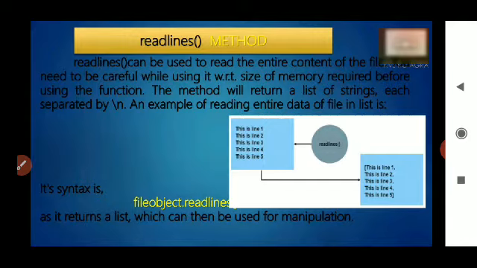The method returns a list of strings, each separated by \n. If our file contains 5 lines, the readlines function returns a list of strings, separated by commas.